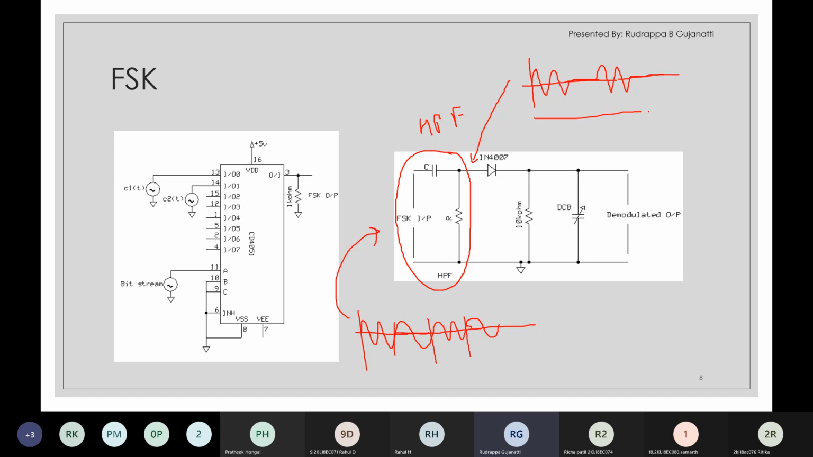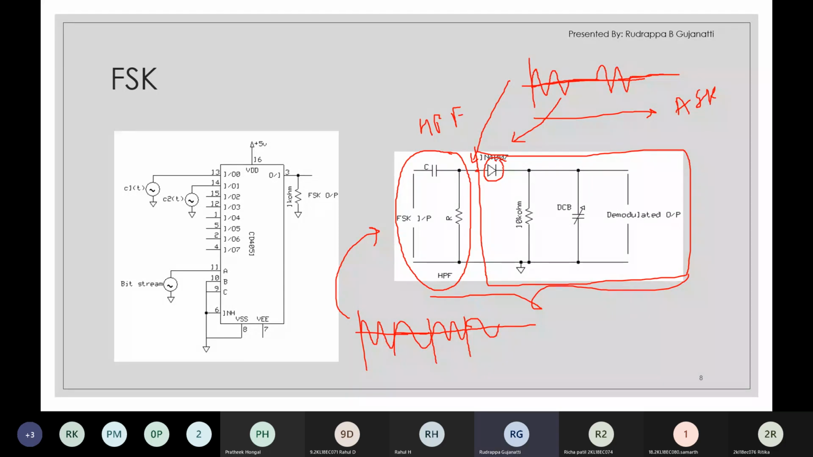Now, what does this look like? This is actually a kind of ASK waveform. So this is actually an ASK demodulator. You add a high pass filter and use the ASK demodulator, and you get the demodulator for the FSK. Now, this is the input which is applied to the diode. During the positive half cycle of this entire cycle, the diode is on, and because of which